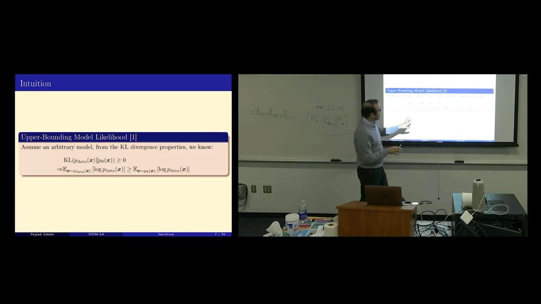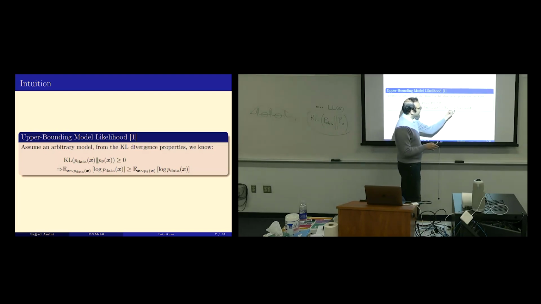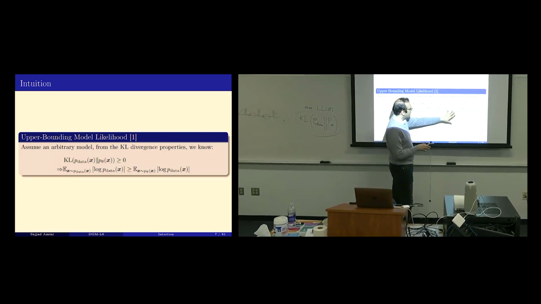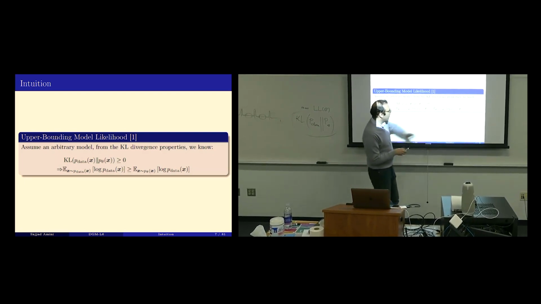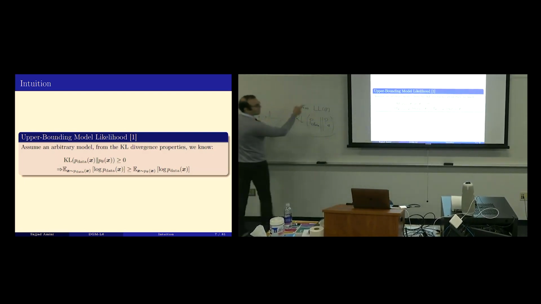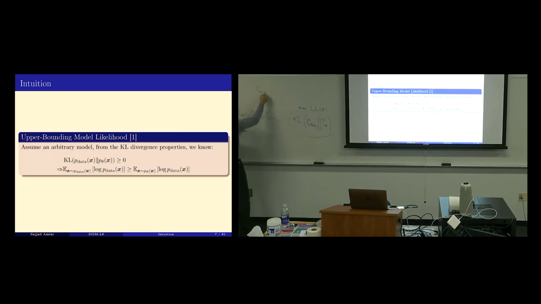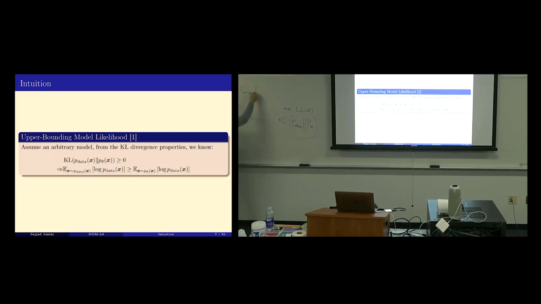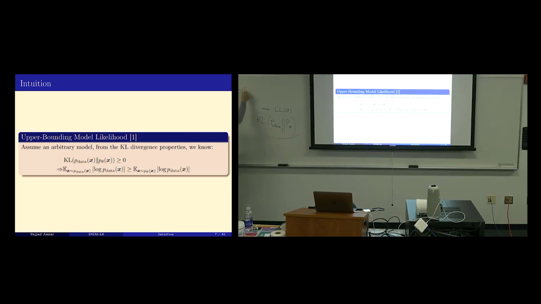Oh, this is a problem here. Here is P data, here is P theta. We want to find an upper bound. This is not correct, and the correct version is here. Expectation over x coming from P data of the logarithm of p data